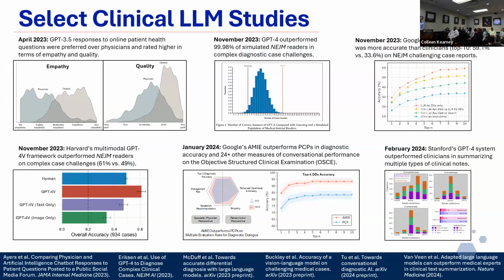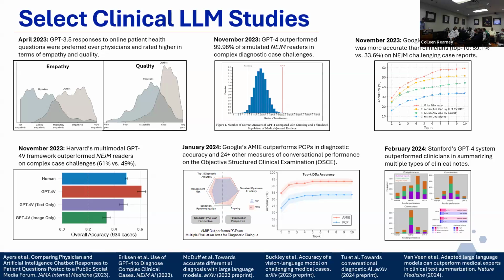This slide shows some select studies of LLMs. It ends in mid 2024, but I'm just giving you a taste, if you haven't seen, of what LLMs could do. Most of these are in a research setting, but they show that it outperforms doctors on different things, and the validity of the study is debatable,